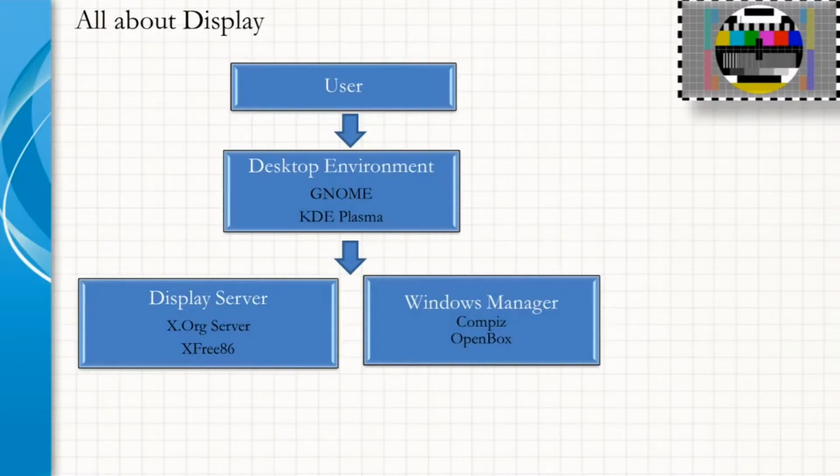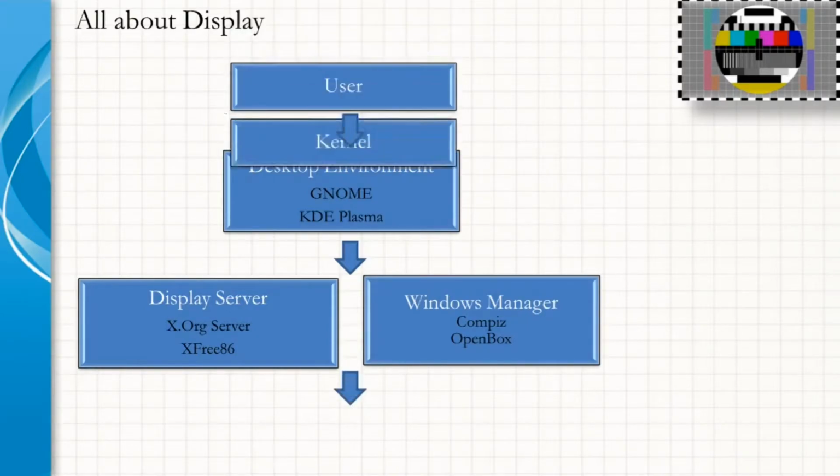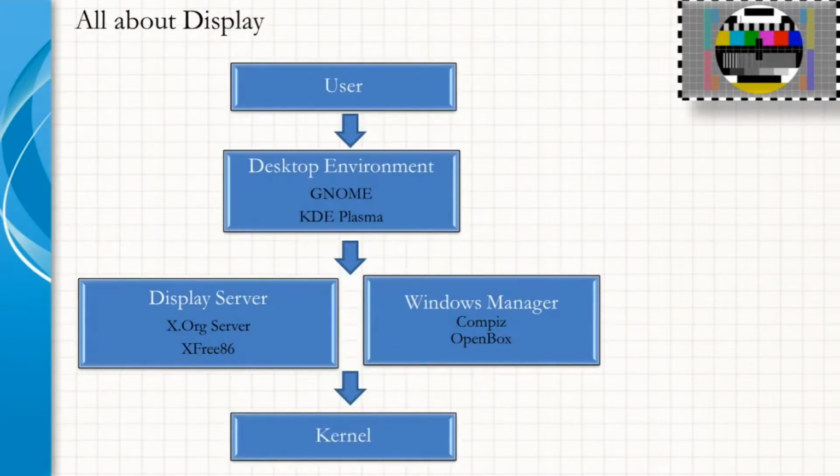X Windows is responsible for drawing graphic elements onto the display. Without the X Windows server, neither a Window Manager nor the desktop environment could create images on the screen. The display server manages the mouse and helps match the mouse movements with the cursor and GUI events caused by the cursor. And as we already said, they finally interact with the Linux kernel.